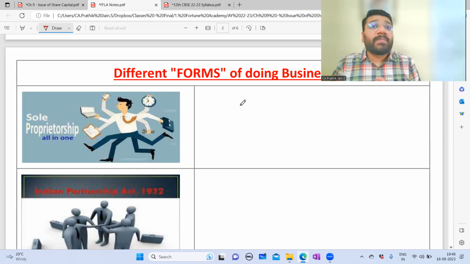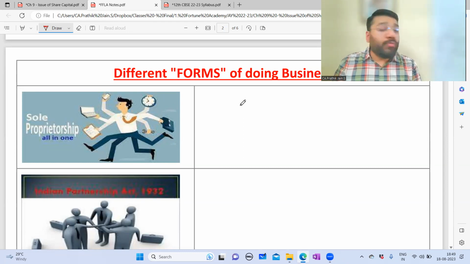Second constraint, management constraint. Now, let's suppose FFLA currently is established in Coimbatore. I want to have multiple branches across Coimbatore, or multiple branches across Tamil Nadu, or multiple branches across India. Then, do you think it is easy for me to manage all the branches? You may say that, sir, you can put an employee and he can manage. But definitely employees are required, he will manage.